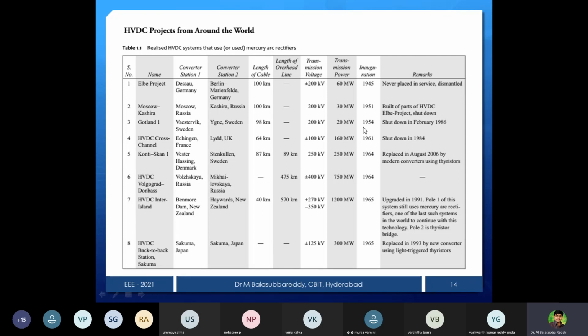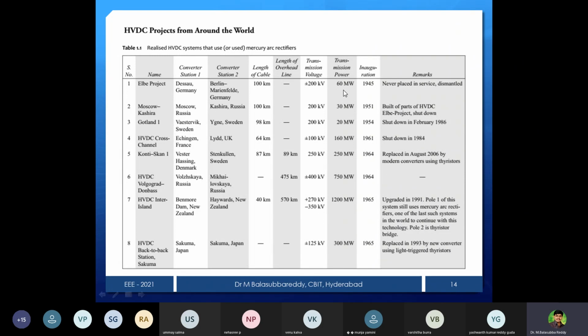Similarly, many countries installed them in different years. In 1951 there is a Russia 100-kilometer line. Preferably it is an advantage only for very long distances, and at high powers. In 1954 there is Sweden, and in 61 UK, and so on. You can see again in 64 there is Sweden. So many countries, Japan in 65. They have some remarks also. This is just for understanding. That is not related to our syllabus, but to know where the HVDC lines are